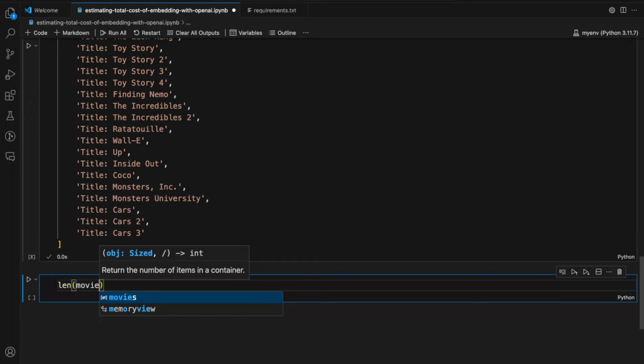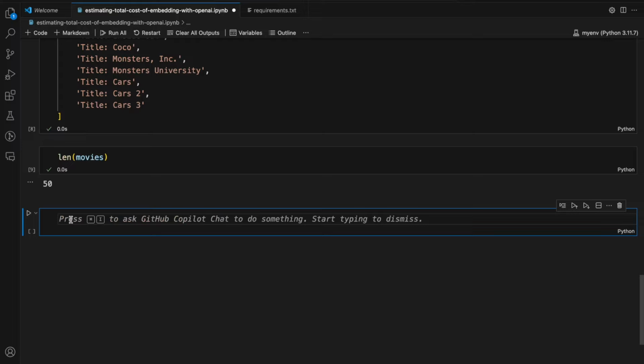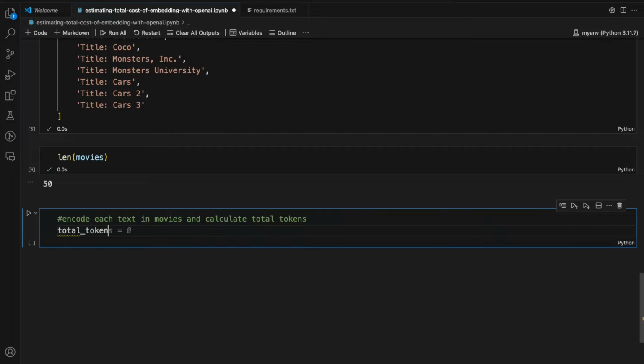Len of movies. We have 50 movies in this, and what we are now going to do is we are going to basically loop through and generate tokens, right? We're going to count tokens, how many tokens are going to be required, right? So let me just write some text, encode each text in movies and calculate total tokens, right? So total underscore tokens is equal to sum of